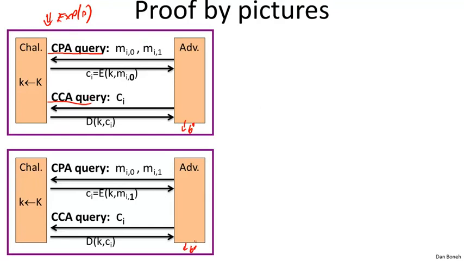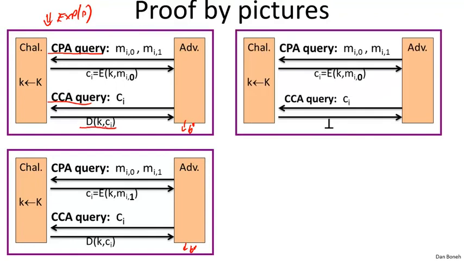The way we're going to do it is the following. First of all, we're going to change the challenger a little bit so that instead of outputting the decryption of CCA queries, the challenger is just going to always output bottom. So every time the adversary submits a CCA query, the challenger says bottom. And I claim that these two games are in fact indistinguishable. The adversary can't distinguish these two games for the simple reason that, because the scheme has ciphertext integrity, the adversary simply cannot create a ciphertext that's not in C1 to Ci-1 that decrypts to anything other than bottom. That is the definition of ciphertext integrity.